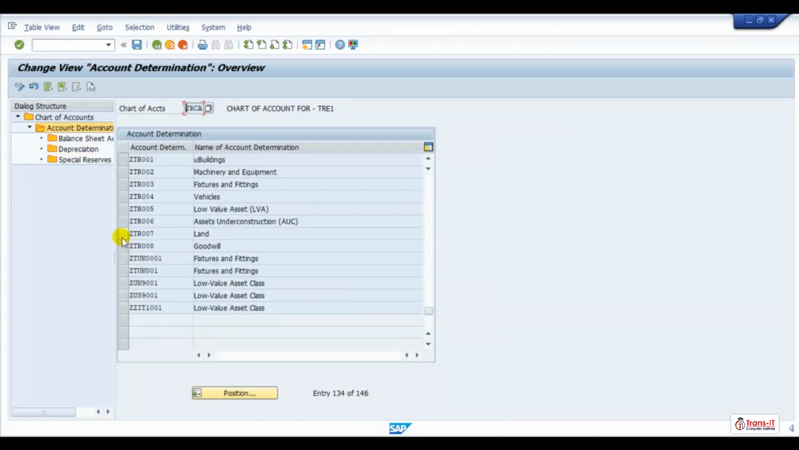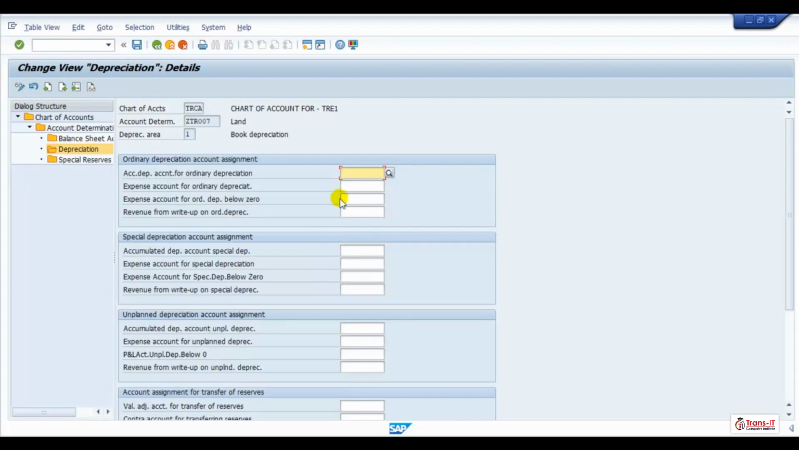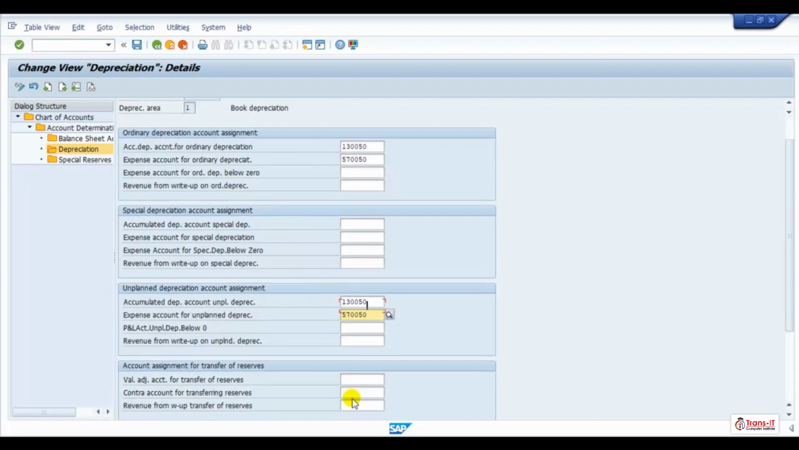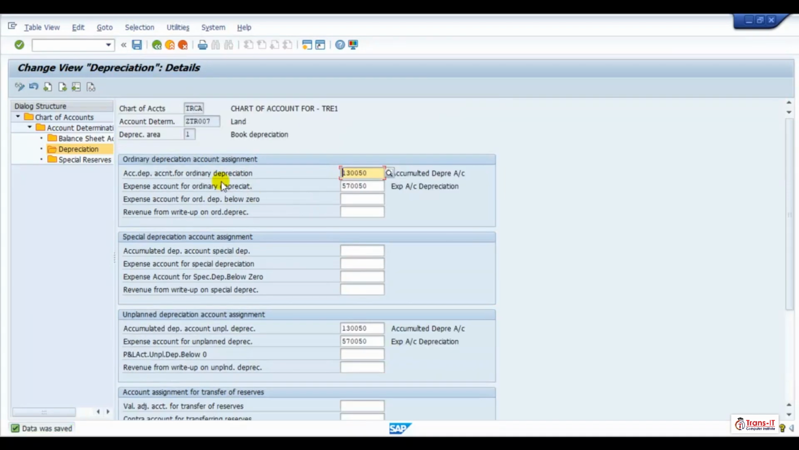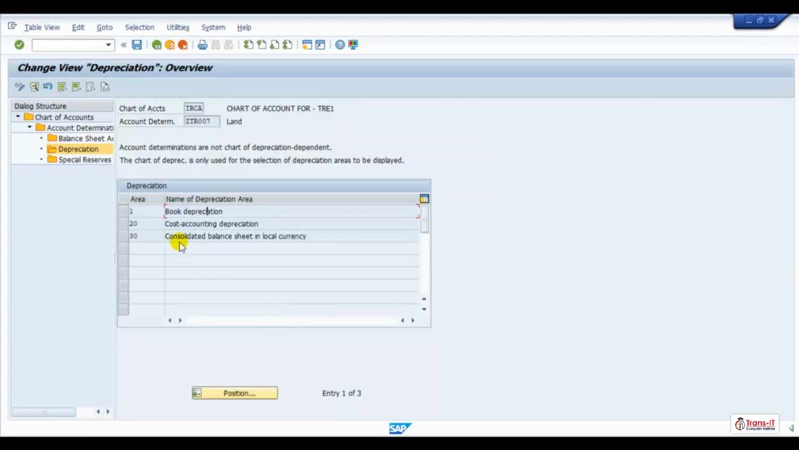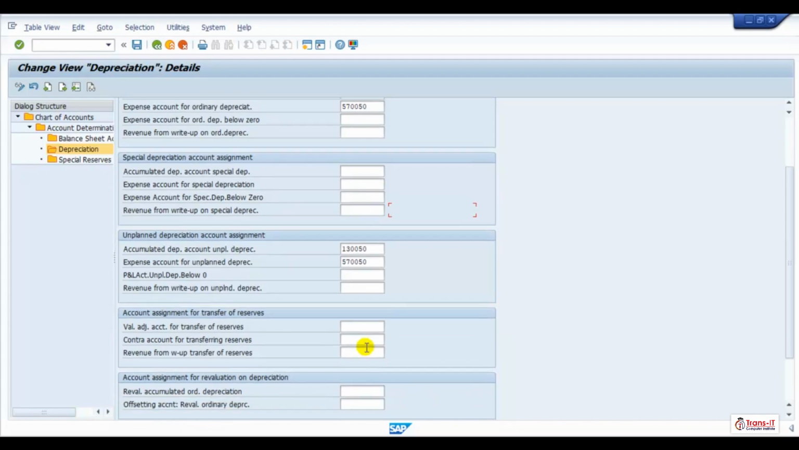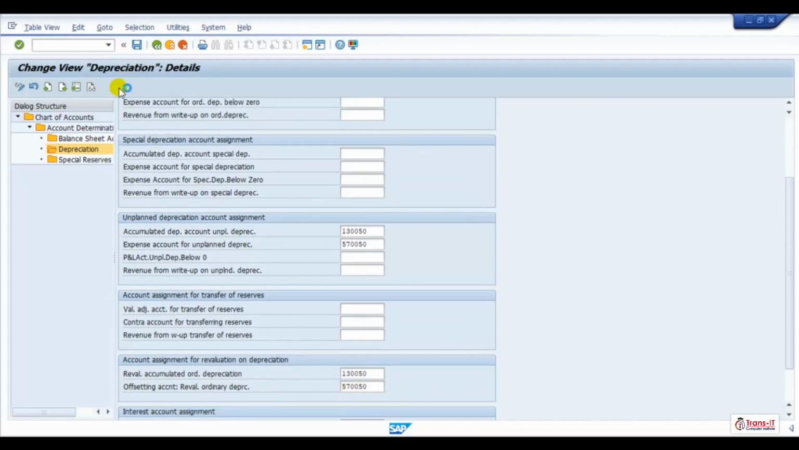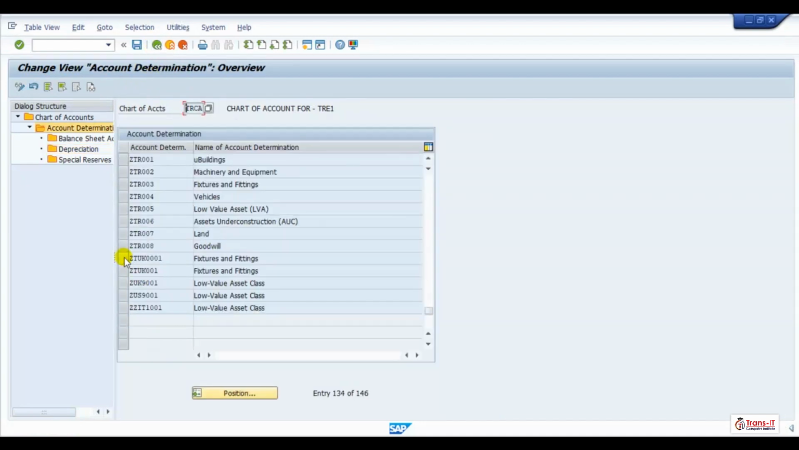Then select goodwill depreciation, double click on depreciation, save it, come back, double click on 30, save it, come back. Okay, just click on asset under construction because